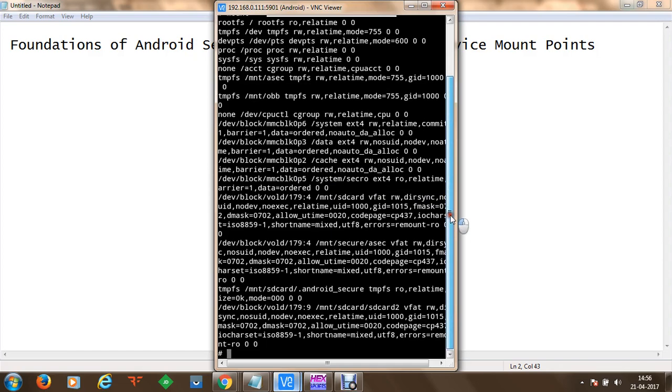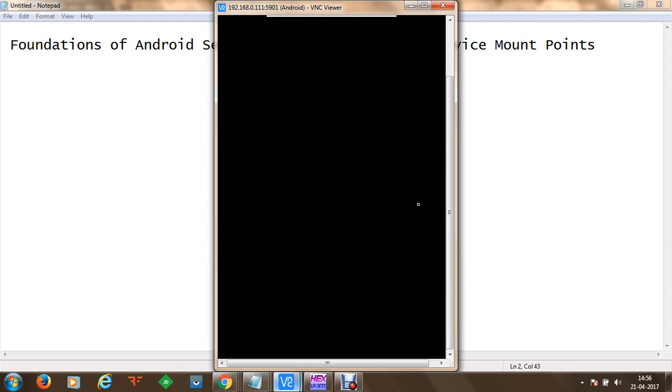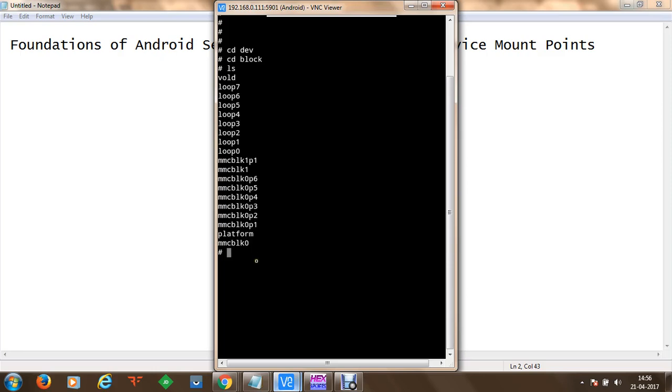In order to make you understand all of these things in a better way, first of all I would like to show you in how many partitions this storage device is divided. We can go to the directory slash dev, then to block device, and within this block device, once we execute ls, you can see that we have a memory card block 0 device available, and this device has 6 partitions, that is 1 2 3 4 5 6, in which the third partition is an important partition which contains all application databases of that Android device, and it is mounted on a directory known as data.